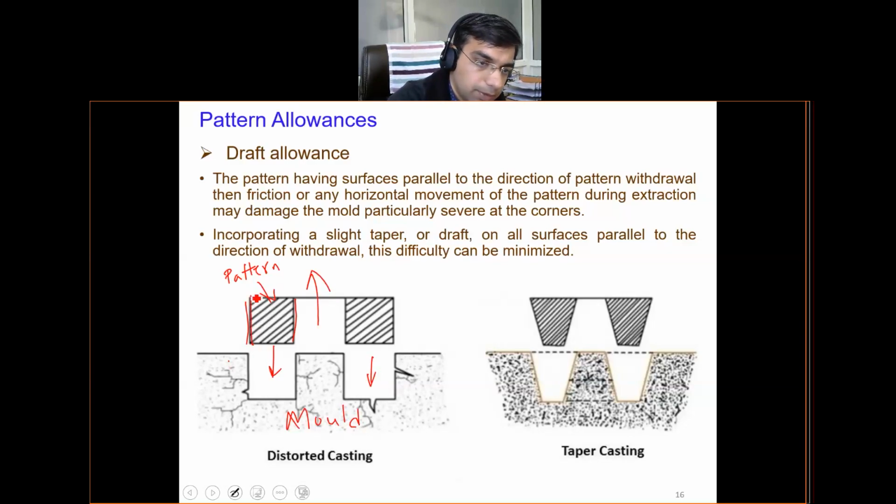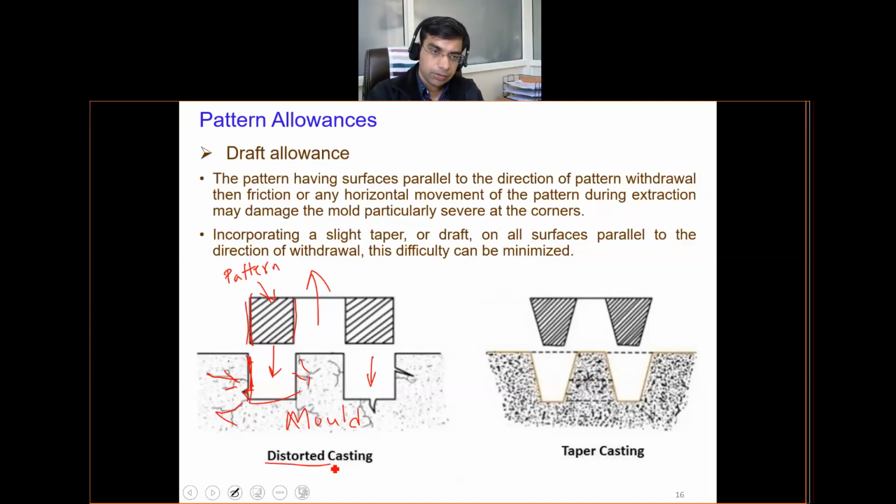If you have these perfectly vertical surfaces, often what happens is that these vertical surfaces may have very good contact with the molding sand. Upon removal, we may observe certain cracks which may be formed in this cavity. You can very well understand that if you have this type of cavity which has cracks or notches here, it is very prone to damage from forces during solidification, and the casting which will be produced will be a distorted casting with several defects.